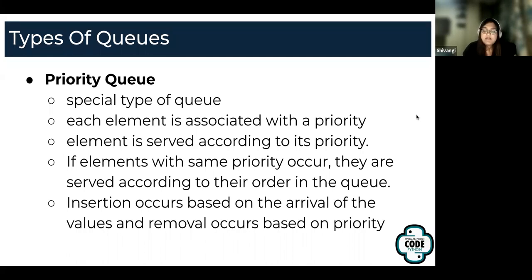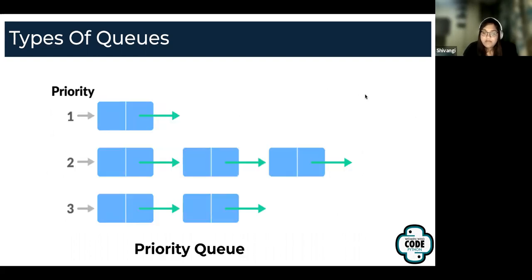Okay, let's just go there. It'll be better for everyone to visualize. So this is how a priority queue would look, right? You can see that 1, 2, 3 is the priority of the elements. In priority 1, you just have one element. In priority 2, you have 3 elements. And in priority 3, you have 2 elements.